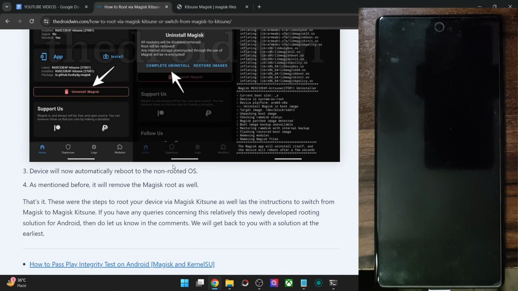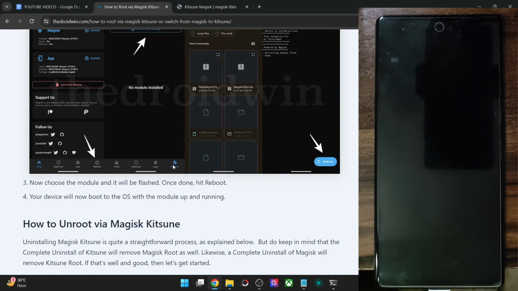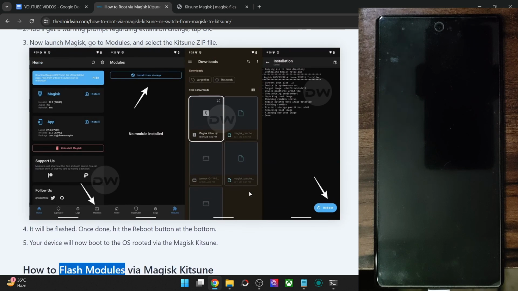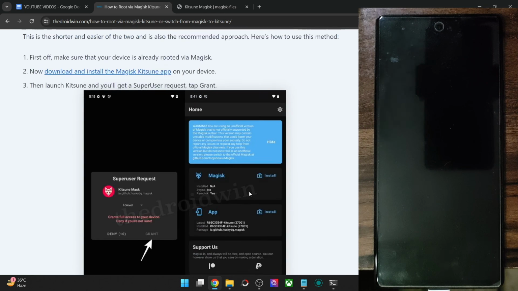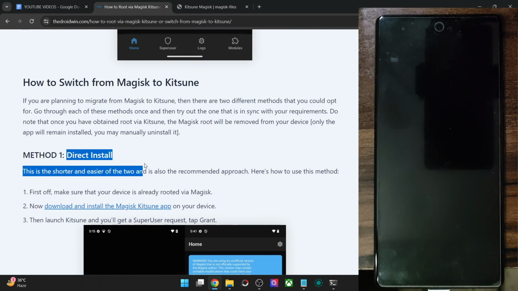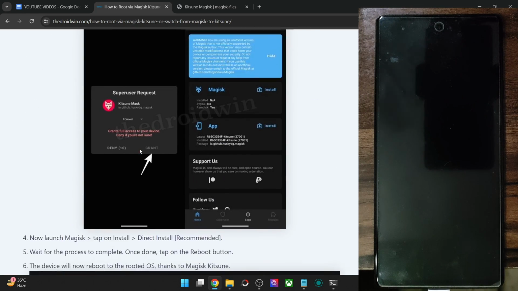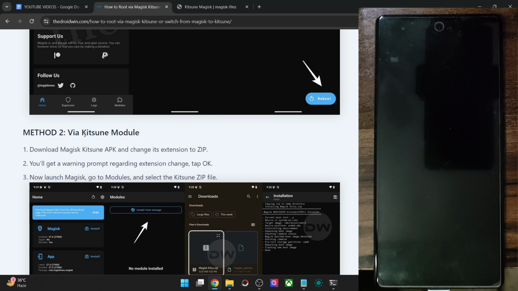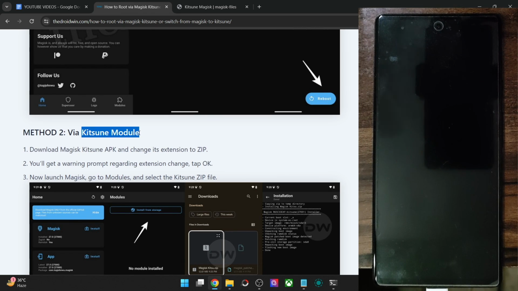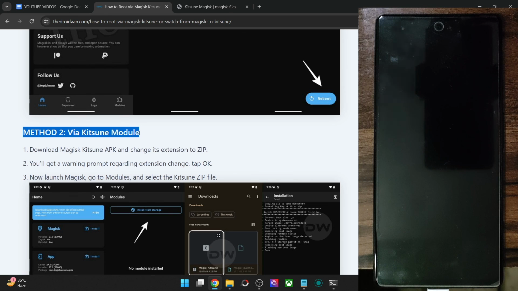So guys, on that note, I round up this video. Again, I'm repeating, it's the initial observation video. There might be some changes with regard to the fact that in the first case, in the direct install, the Kitsune app seems to be dependent on the official Magisk app, whereas in the second method, the Kitsune app seems to be independent of the official Magisk app, as you have seen in my video. Still, if there is any change in this method, I'll update it via the description or in the comment section, or I might even upload a new video. But as of now, this is how things